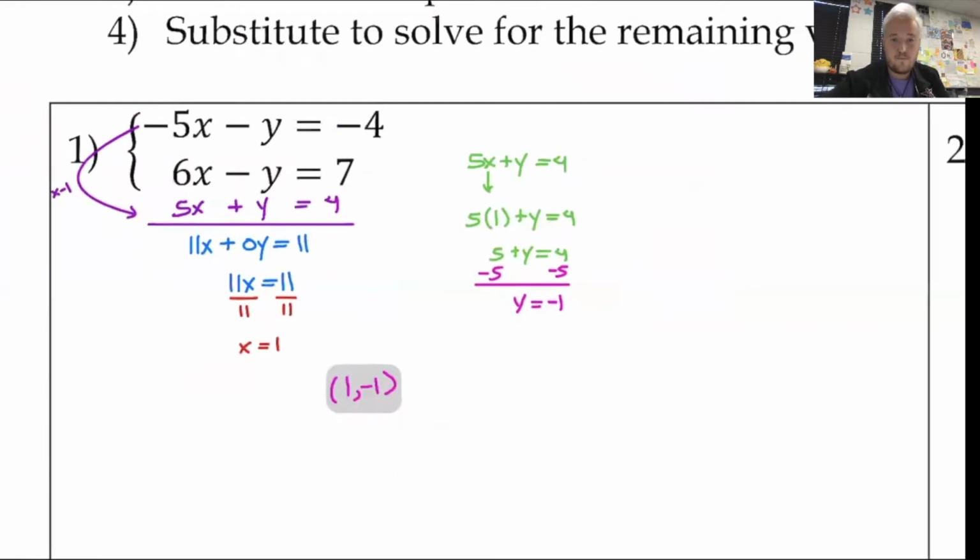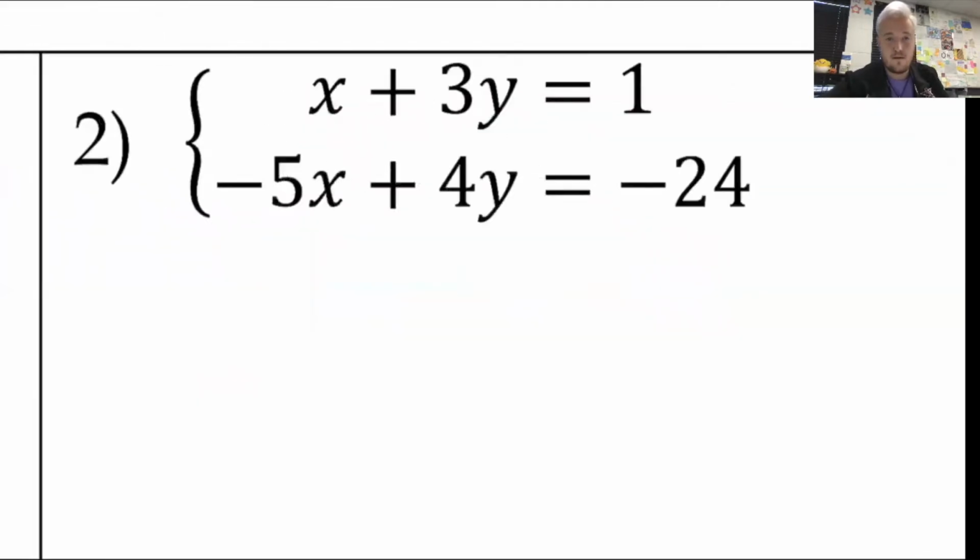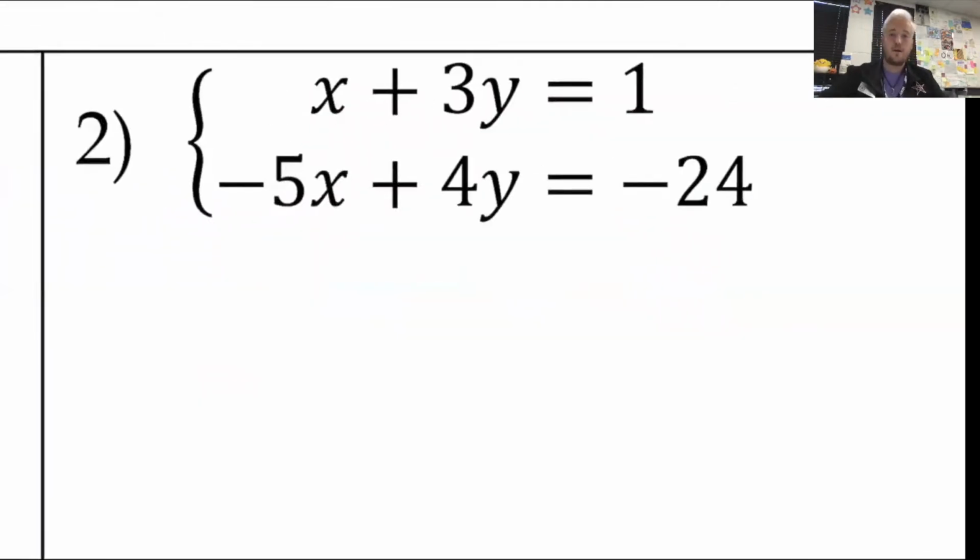All right, moving on to number 2. All right, so we have x plus 3y equals 1, -5x plus 4y equals -24. So if you look, everything's in standard form, so we don't have to do any rearranging. However, there are no zero pairs. So what that means is we're going to have to multiply one or both of my equations by a factor. But if you look,